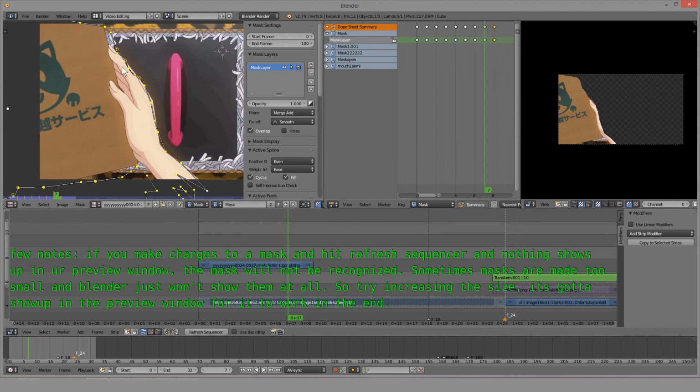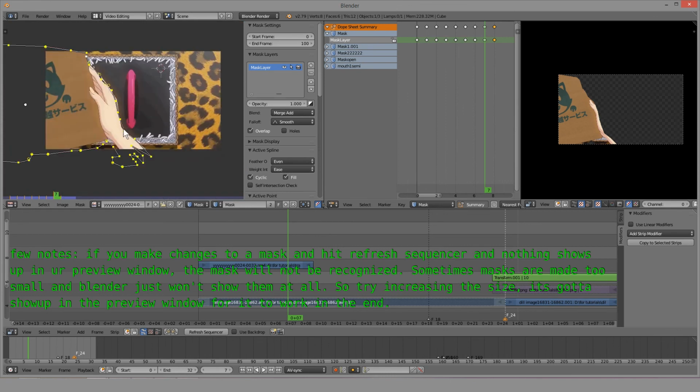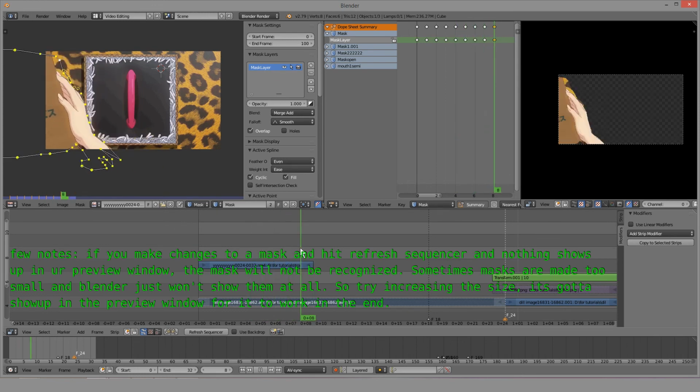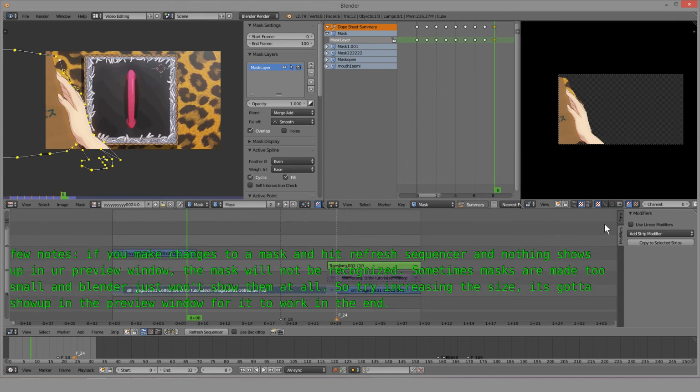So I'd have to redo everything for this specific mask here, which is a bit of a hassle, but it's just how it's going to be if you make a mistake. And yeah, so it'll be a little bit of movement just because I can't make it exact, but it respects itself more or less. So yeah, that's masking using the